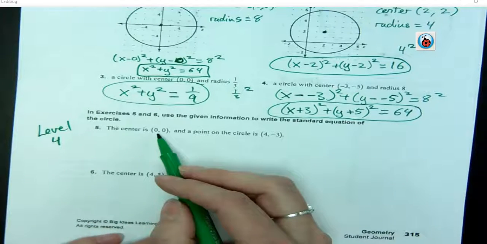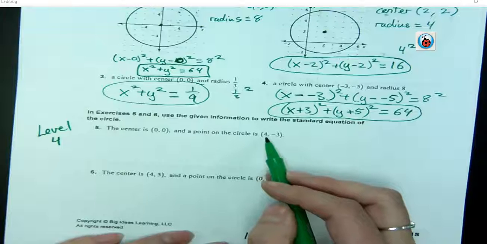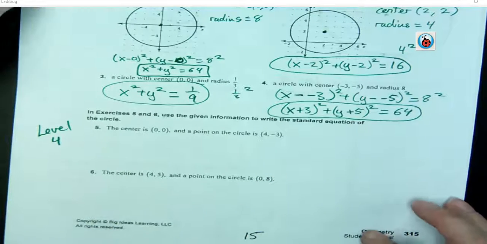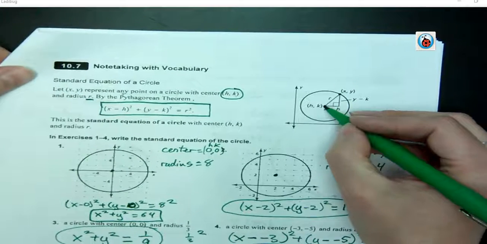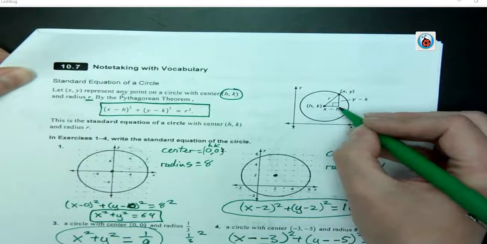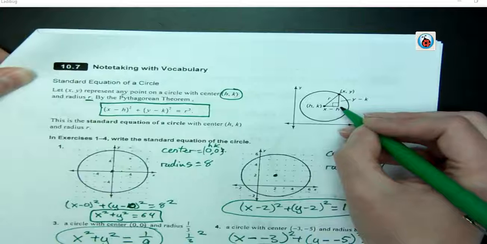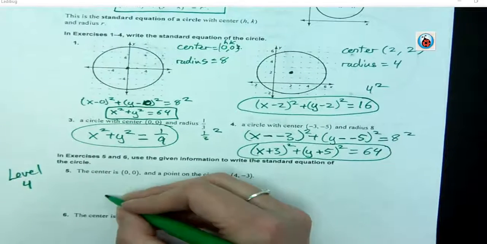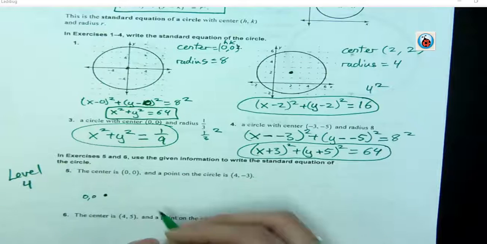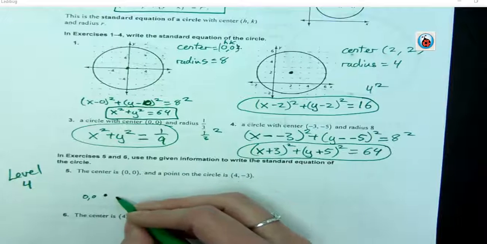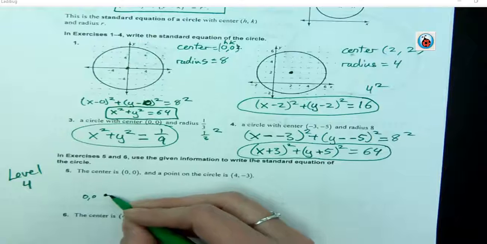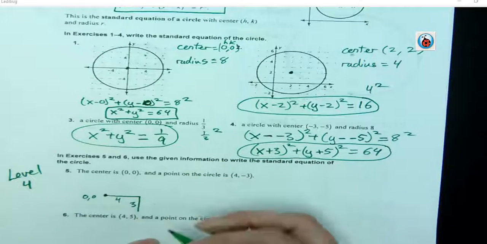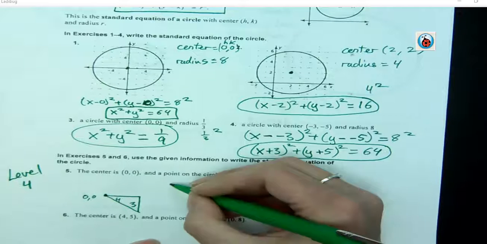And so here, our center is 0, 0, and the point on the circle is 4, negative 3. And so we're going to be using Pythagorean theorem because we have the distance of 2 of the sides when we're coming from 0, and so we just have to find out what that radius is. And so if this is my 0, 0, and then my next point is, for this direction, negative 3 down, then I just do my Pythagorean theorem,